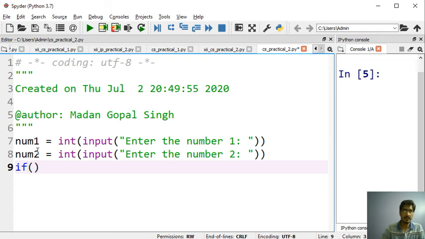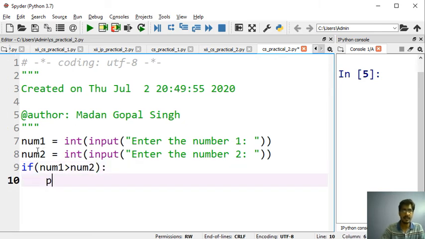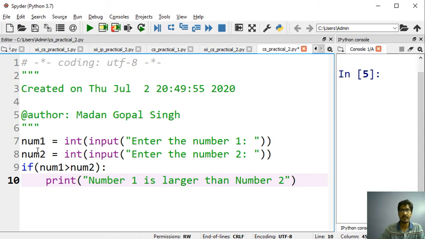The syntax should be clear: if number 1 is greater than number 2, then print number 1 is larger than number 2.